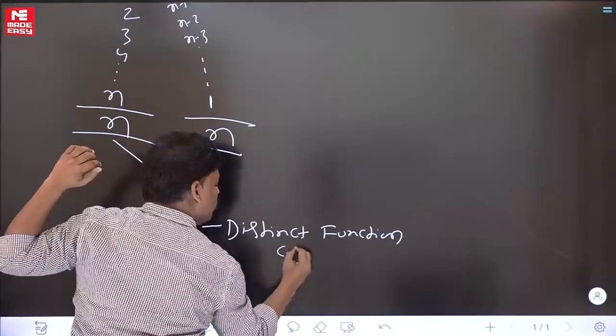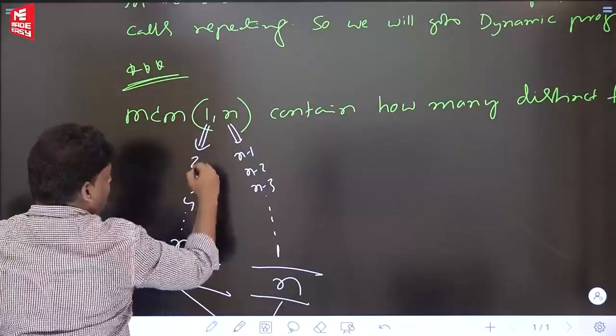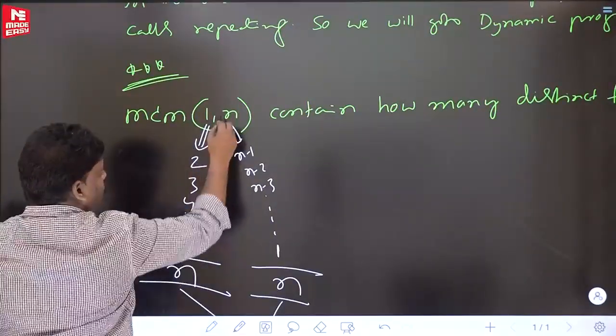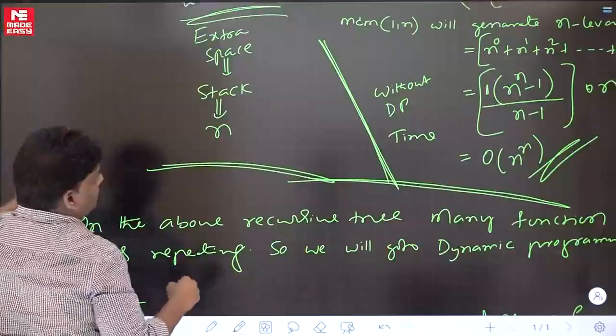Please check yourself. Some people are asking, sir, how does 2 come in the first place? How does 3 come in place of 2? How does n minus 1 or n minus 2 come in place of n? If anyone has even a small doubt, that is the reason I did this numerical example.